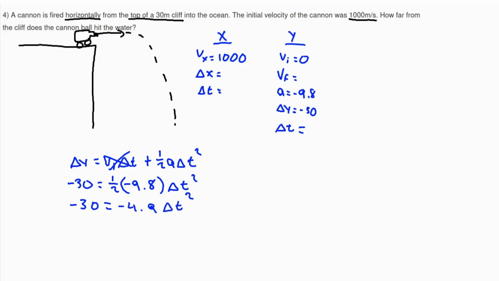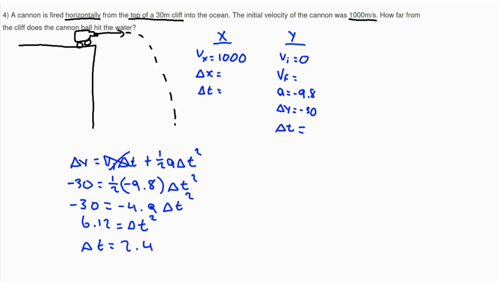And then we divide by negative 4.9 on both sides. That'll be 6.12 equals delta t squared. Now let's square root both sides. And then we'll be left with delta t equals the square root of 6.12, which is going to be